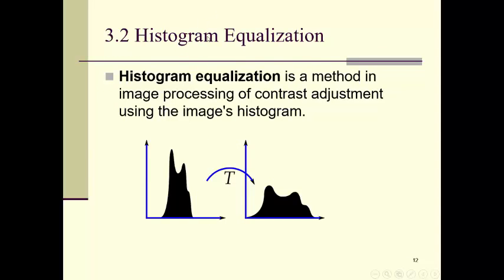Now let's look at the histogram equalization and how we can use this equalization in order to enhance the image that we have. So here we said that the histogram equalization is a method in image processing of contrast adjustment using the image's histogram. What do I mean by this? What do I mean by histogram? Let's say adjustment of contrast of a certain image. Let's compare between these two histograms, the one on the left and the one on the right. What can you deduce